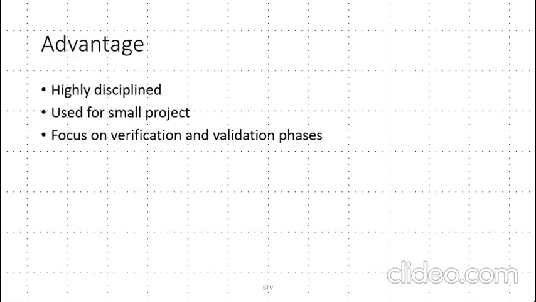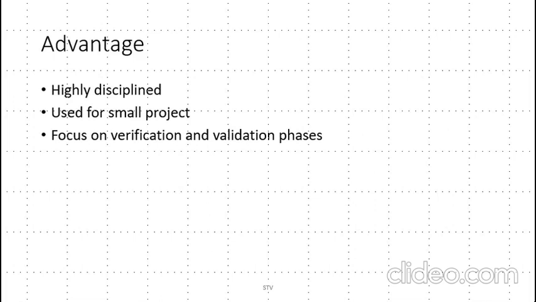So what are the different advantages of the V model? The V model is basically suitable for small projects. It is not useful for long-term or complex projects. This is a highly disciplined model and phases are completed one at a time. It means when we complete one phase, then we go to the next phase. The V model is used for small projects. Project requirements are clear, simple and easy to understand and use.